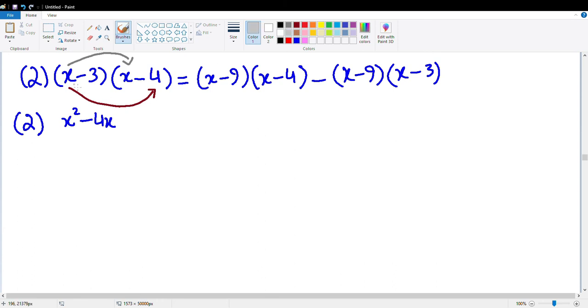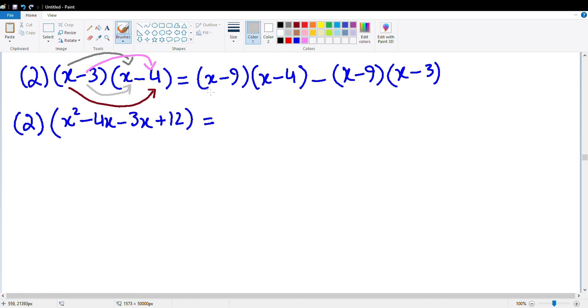And then minus 3 into x will get minus 3x. And minus 3 into minus 4 will get plus 12, equals,